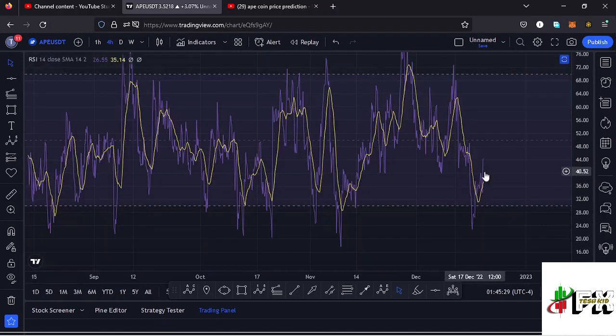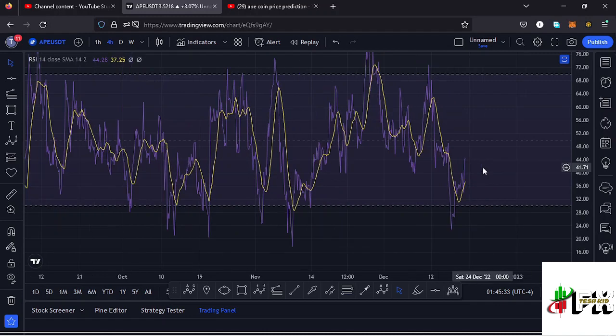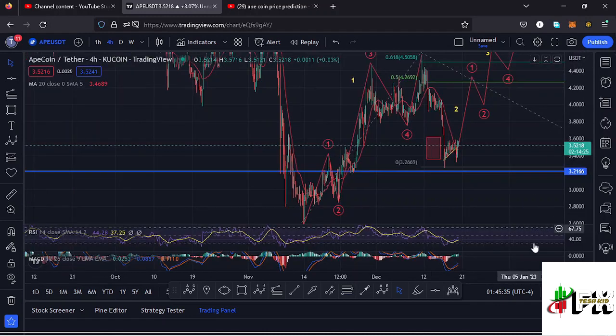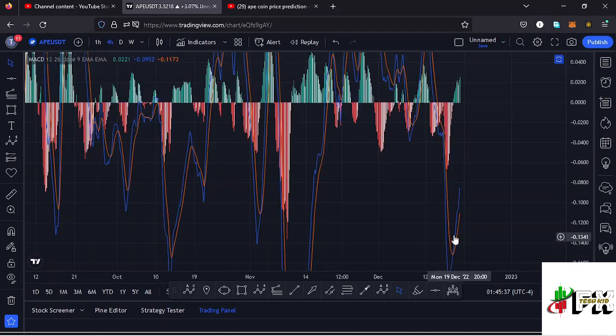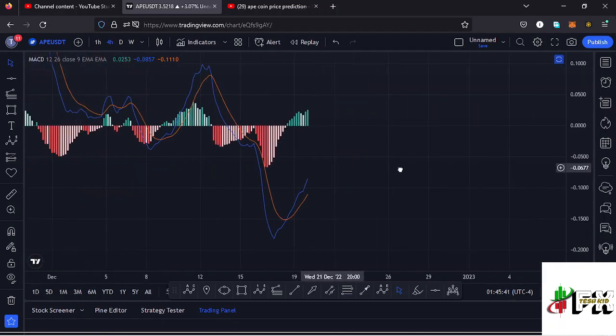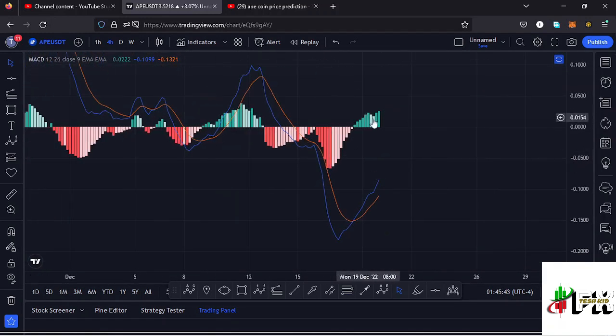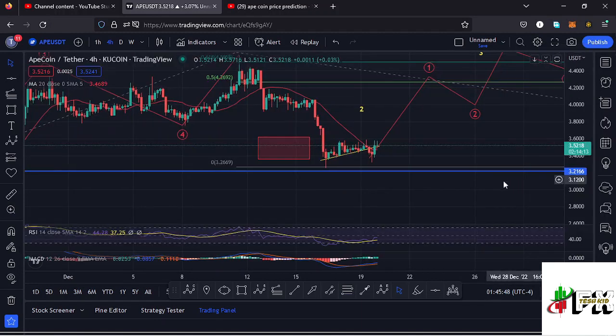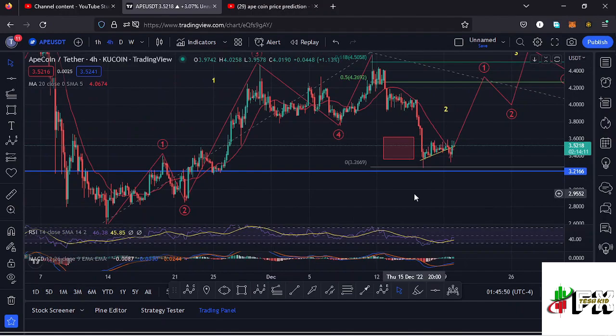And getting back to the 4-hour chart so that we can also take a look at the indicators, here on the RSI we are trading at around the 44 mark, meaning we have massive room for us to support any movements to the upside. Also taking a look at the MACD, here on the MACD we have printed a bullish cross, and that would mean higher prices are coming our way, and we are also seeing an increase in the buying momentum, meaning higher prices are coming our way. So let's be patient and see how that plays out, and I'll keep you updated.